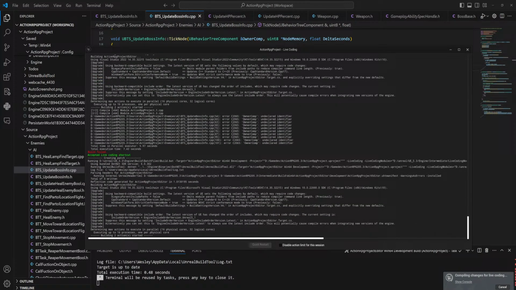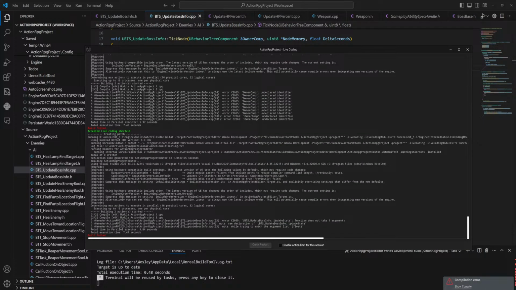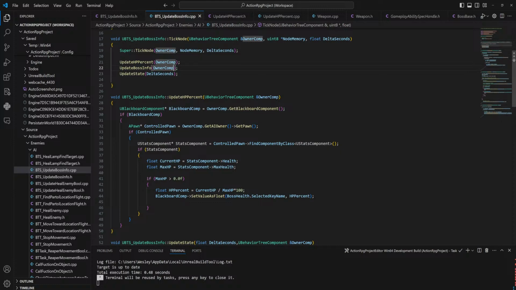Now we should be able to compile and hopefully finally update our HP and actually have this thing functioning somewhat decently. Oh my god, there's still an issue. The function does not take one argument. Update state.